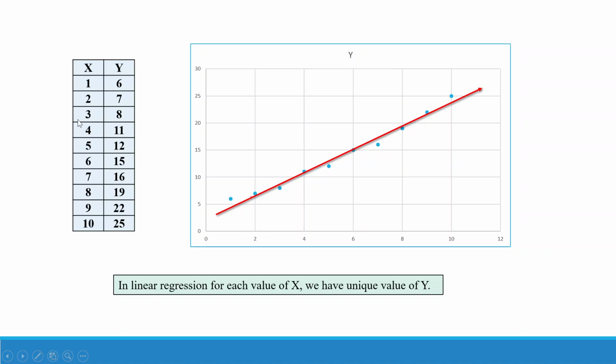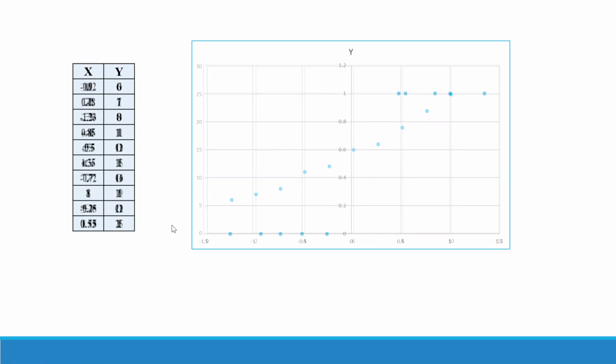In case of linear regression, for each value of x, we have a unique value of y. So you can see here in linear regression, the blue dots. On the basis of these blue dots, we are passing the red line. Now in case of logistic regression,